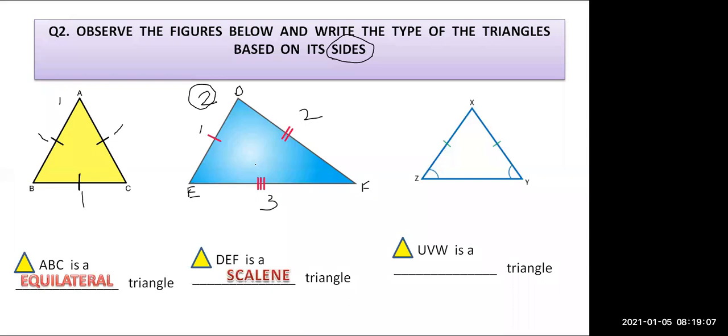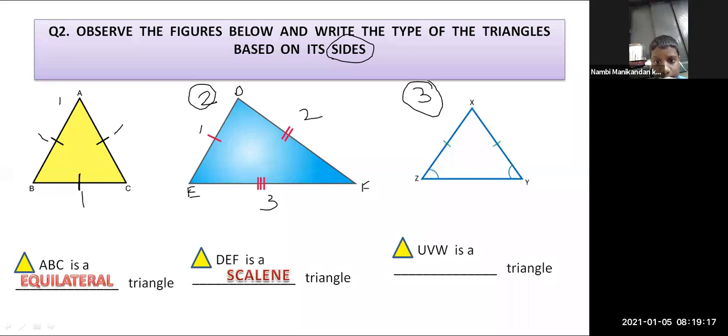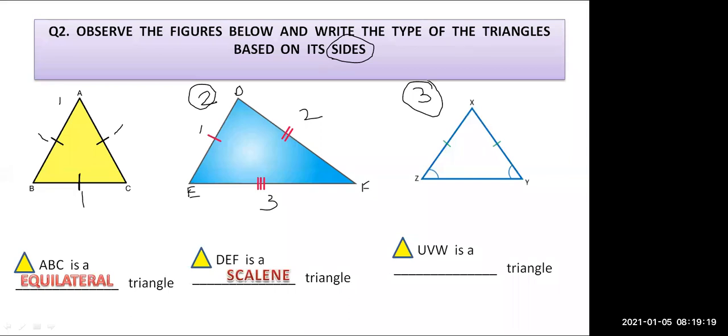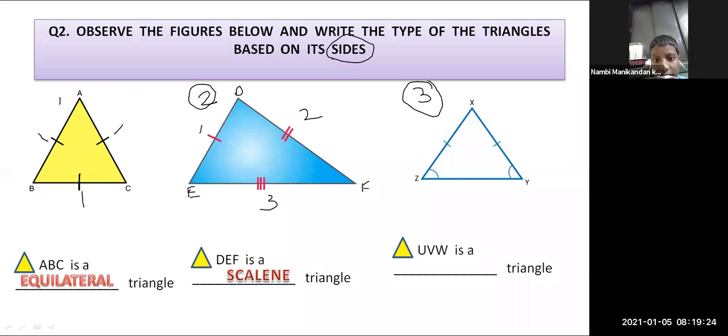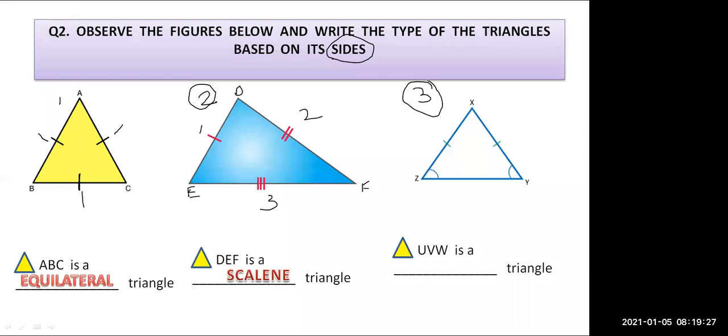Okay. Now just go to the third triangle. Which is the third triangle? Isosceles triangle. Very good. Now you can tell me what you said earlier. Why is it an isosceles triangle? Because two sides are same. Which two sides are same? Very good, Simran. Tell me the name of the sides which are similar. Which two sides are equal?